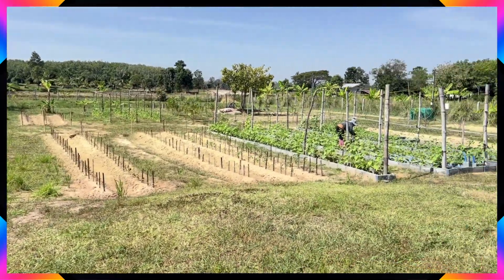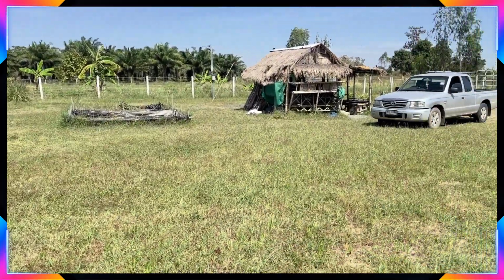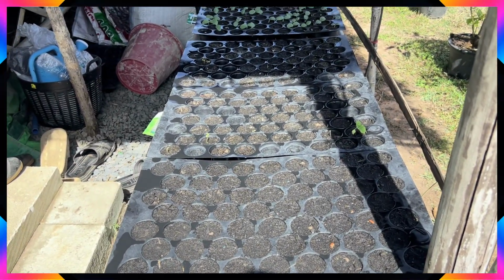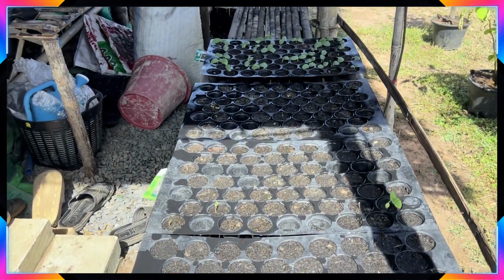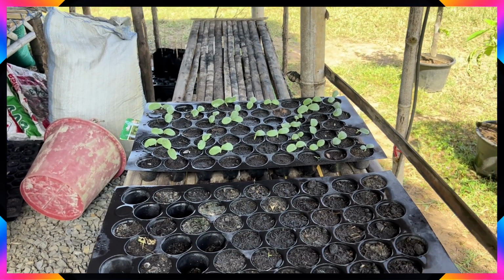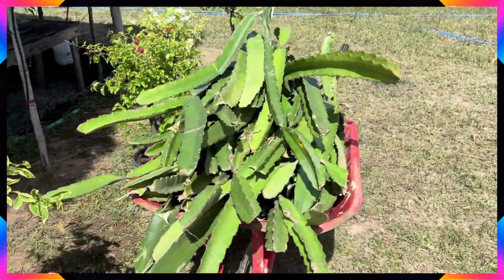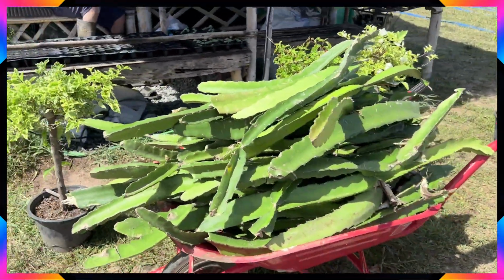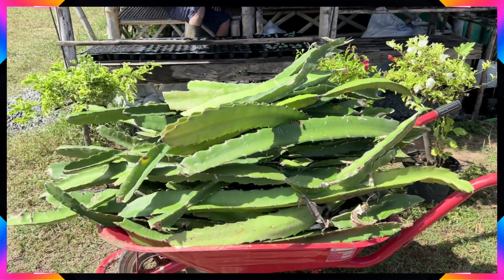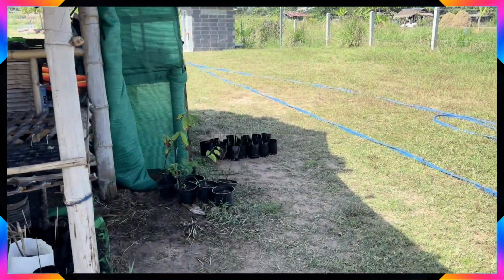And then nipping back, there's Mon in the vegetable garden, nipping back to the bamboo house. So back here at the bamboo, we've replanted the seeds for some more aubergines. Then up the far end here, the gourd is coming through, which we replanted a few weeks ago. And then in our wheelbarrow, we've picked up from a friend loads of cuttings, which is going to be dragon fruit. So that'll be planted in today or tomorrow along the fence line, and